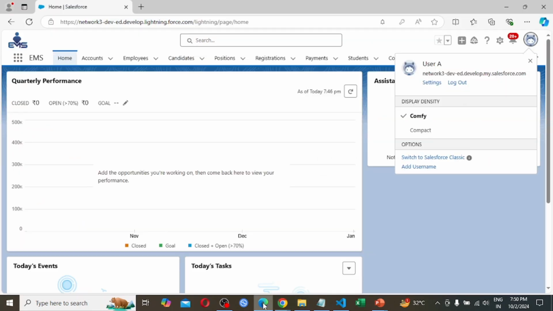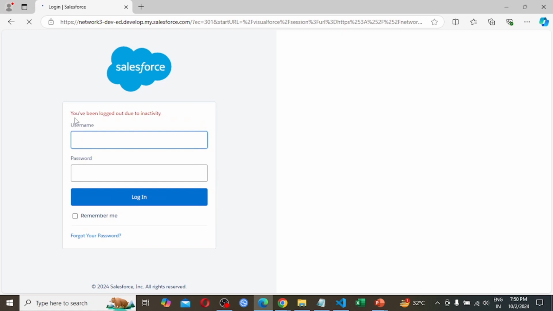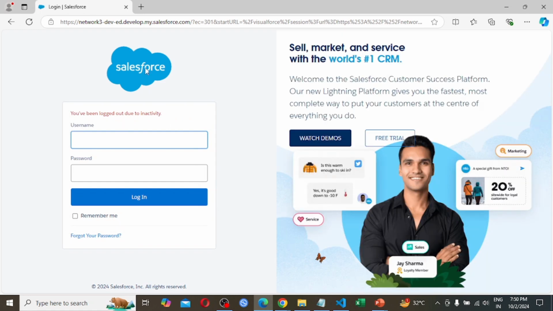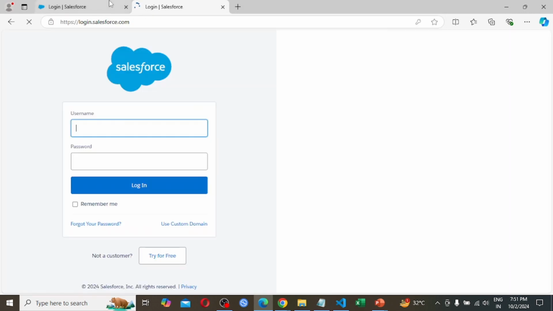So again, coming back, first of all, I am clicking on logout. It is not going to do anything. So you have been logged out due to inactivity. Already it is logged out. So again I am going to login.salesforce.com.